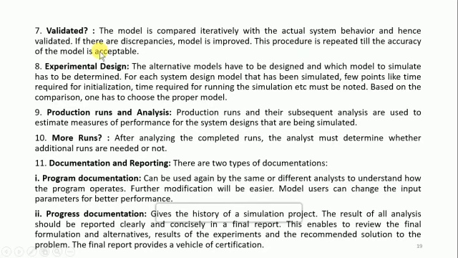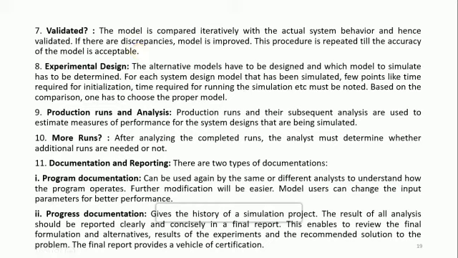It means that we take our model, we have to compare time to time to the real system and see if there are some differences between the real system and my model. If there is a big difference, it means that my model is not valid. So I have to do what? To change and improve it. If they are exactly the same, it means that my model is valid. It means that okay, I can continue with the model.